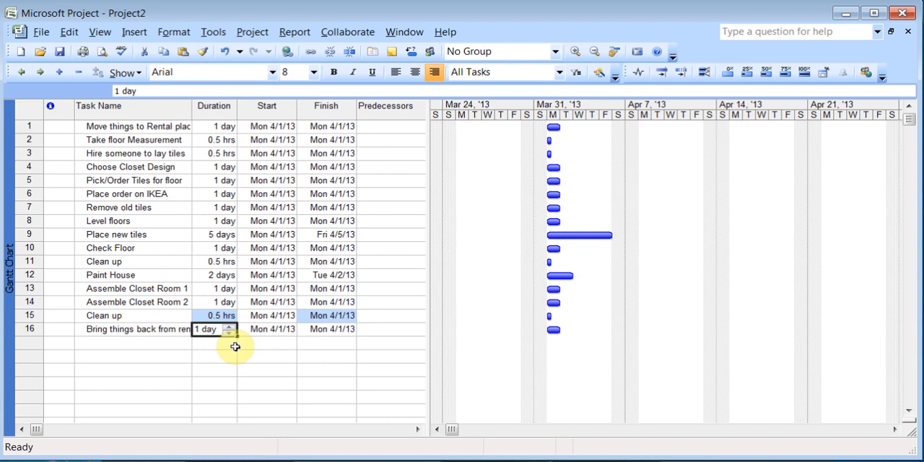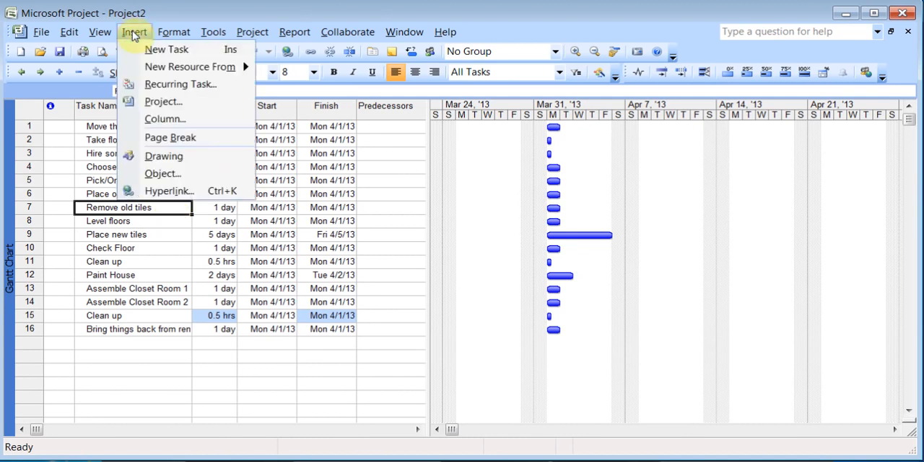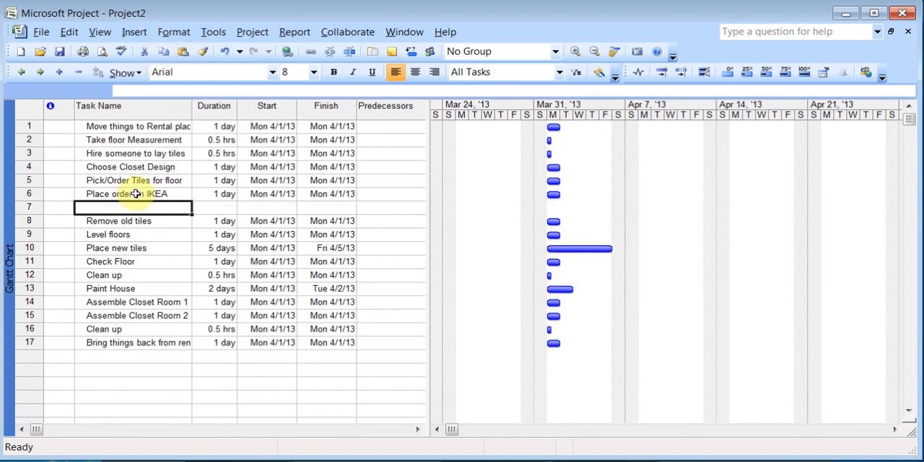Now if you forgot and made a mistake and you wanted to add a task, you can just go to any of them. For example, I wanted to add a milestone before I start removing the old tiles. So I can click here. You can hit the insert button on your keyboard, or you can click on insert new task, and it adds a line above it. Now here I'll just say, you know what, I want to do a check here. So I'll say check planning details,